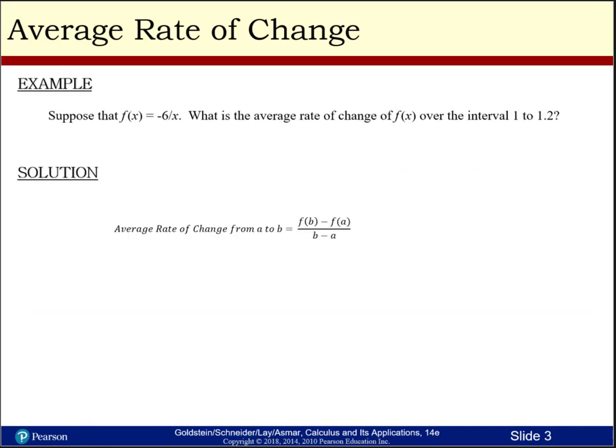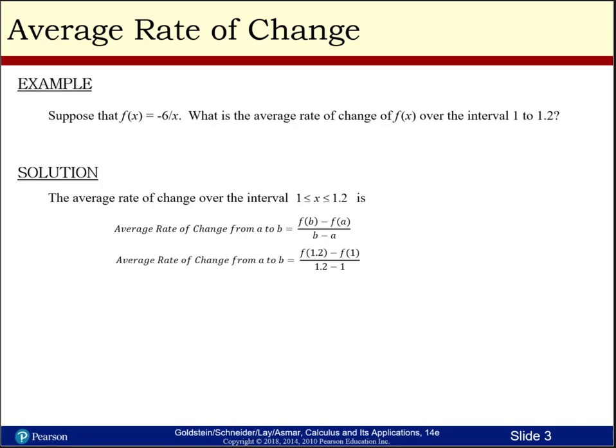Let's look at a problem. Suppose that f of x equals negative 6 over x. What's the average rate of change of f of x over the interval 1 to 1.2? So we know what the average rate of change is. It's those two y values over the difference in the x values. So we're going to plug in those values for my function. I've got the function, I can plug in those values. And plugging in those values to get the y over the difference in the x's, I'll get that slope is